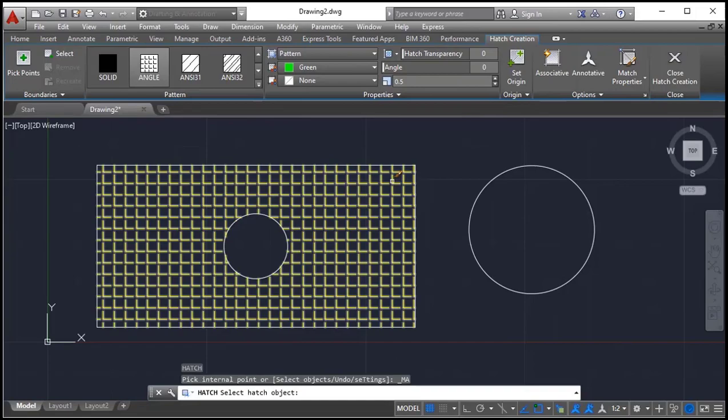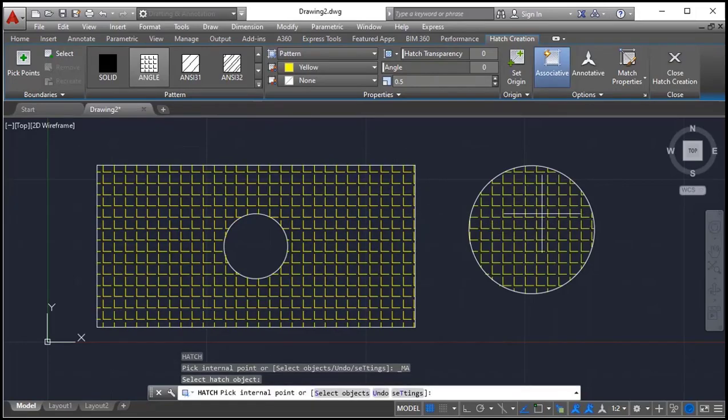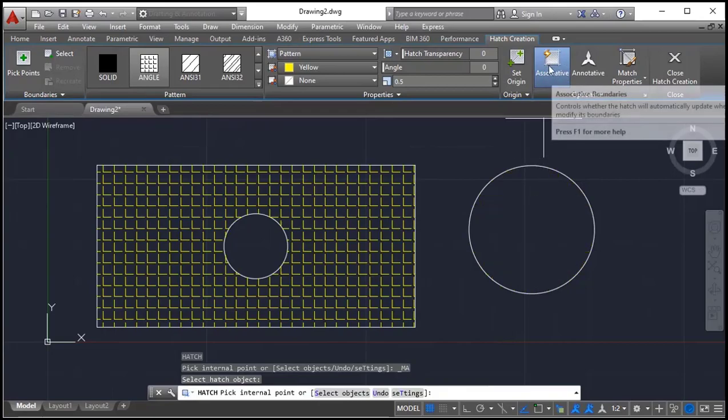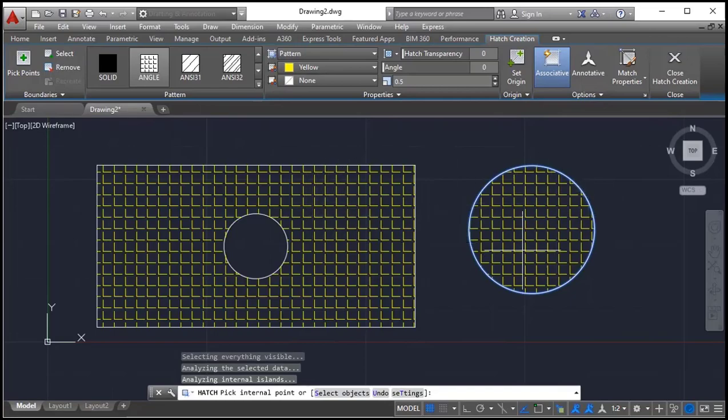Click on the hatch whose property you want to copy, then click here. Right away, if you want to place a hatch here, switch on the associative property accordingly. Click here. These two are matched. This way you can match properties, current origin, source, everything, from the previous hatch properties.